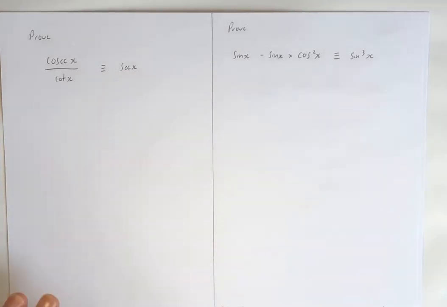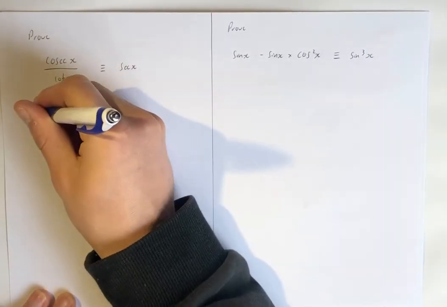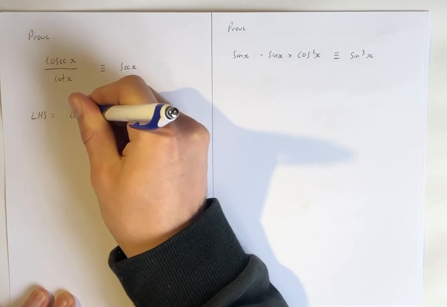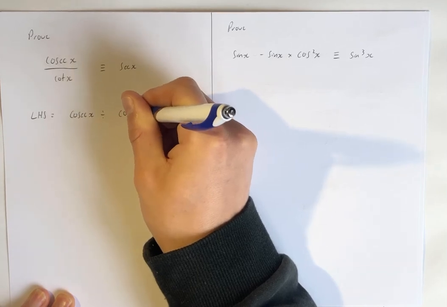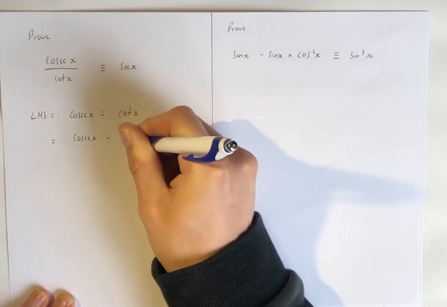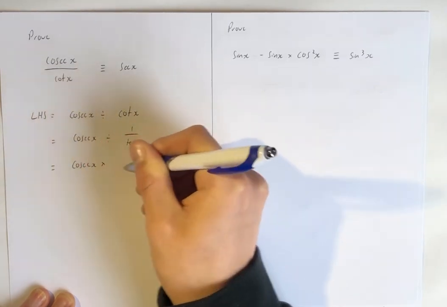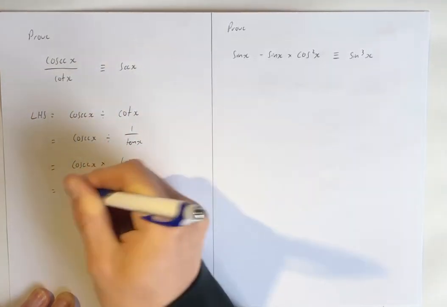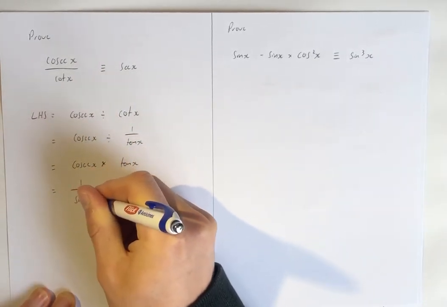Right, now we're going to prove that cosec x over cotangent x is sec x. So I believe what we want to be doing here is we'll write out what these are in terms of sine and cosine. So left hand side, well that's cosec x divided by cotangent x, well that's cosec x divided by 1 over tan x, isn't it? Well, we can just multiply by the reciprocal, and when we write this in terms of sine and cosine, so that's 1 over sine x times